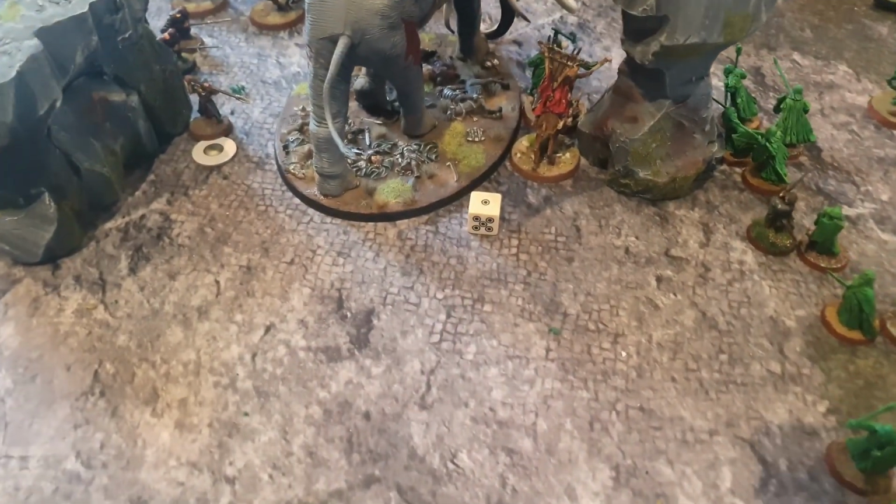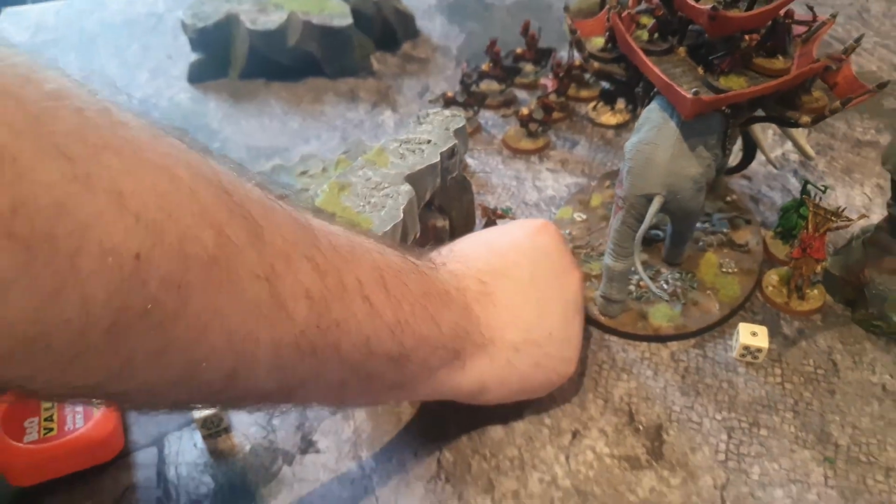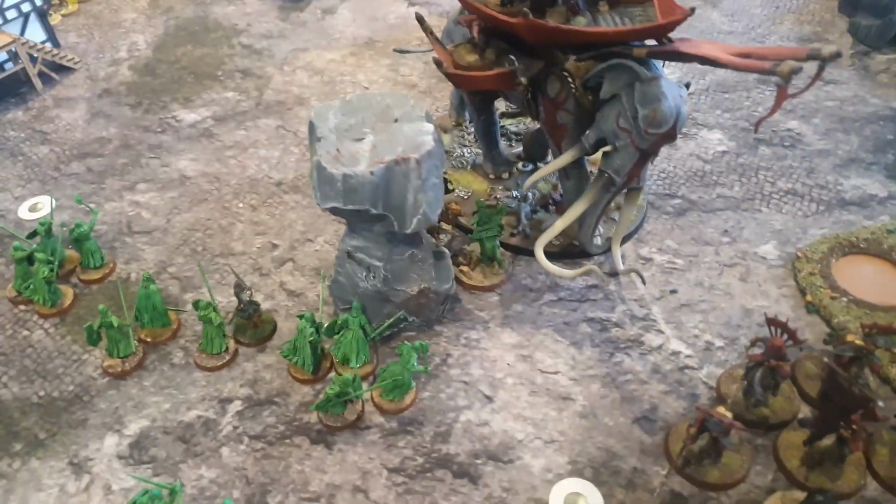Nope. So rolling a 1 to try and get that relic. So he digs up an old can of Fanta. Yeah. No use to anyone. That is movement completed for the Serpent